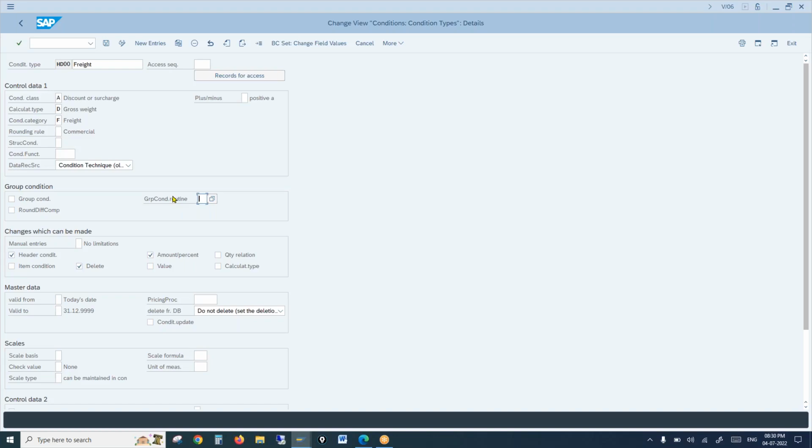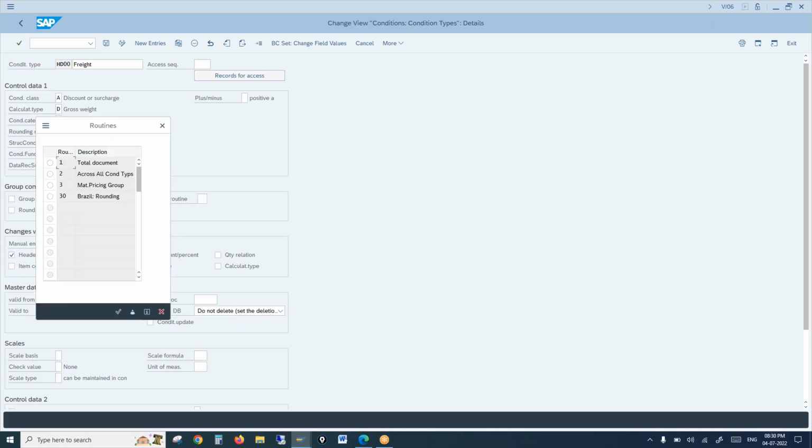So when does this discount have to be proposed? Only when the total document reaches $10,000. Even if the total document is 9999, the system should not propose this discount. So if it is total document, we need to maintain a routine here called 1. What is a routine? We'll discuss later, in the 16 fields of pricing, you'll learn this. But if you want to propose some discount on the total document, you need to maintain it as